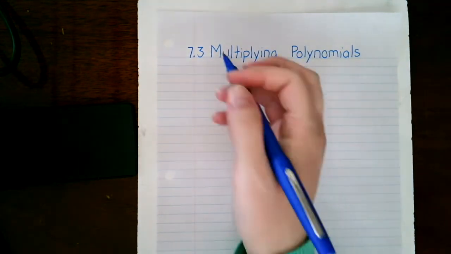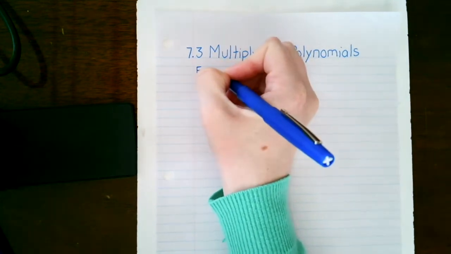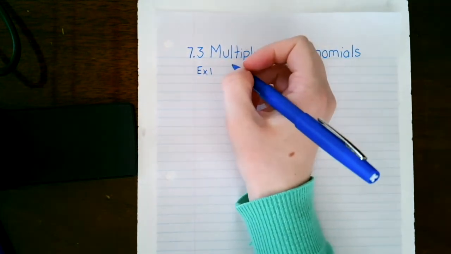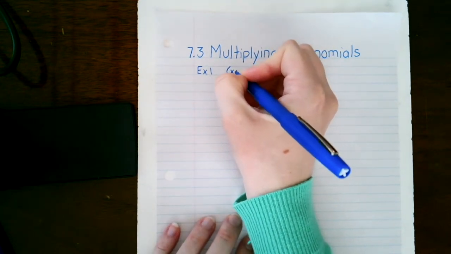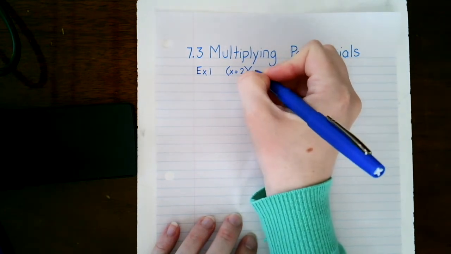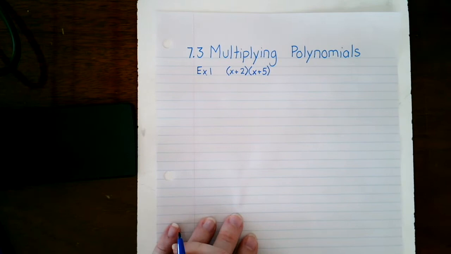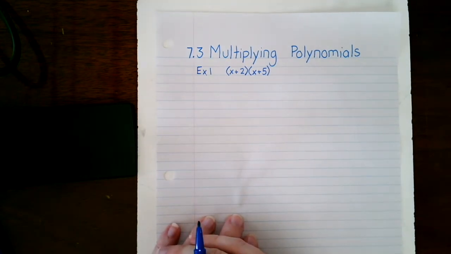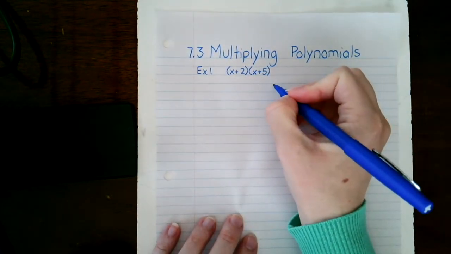So we are going to get started with example 1. So we are going to multiply these two binomials. So we have x plus 2 times the quantity x plus 5. So this is the method that I'm going to show you in order to multiply. And it is called using an area model to multiply these two binomials. So it's just a quick